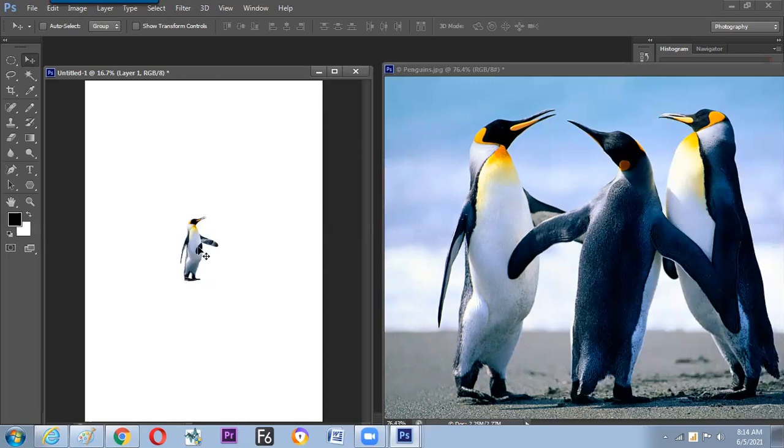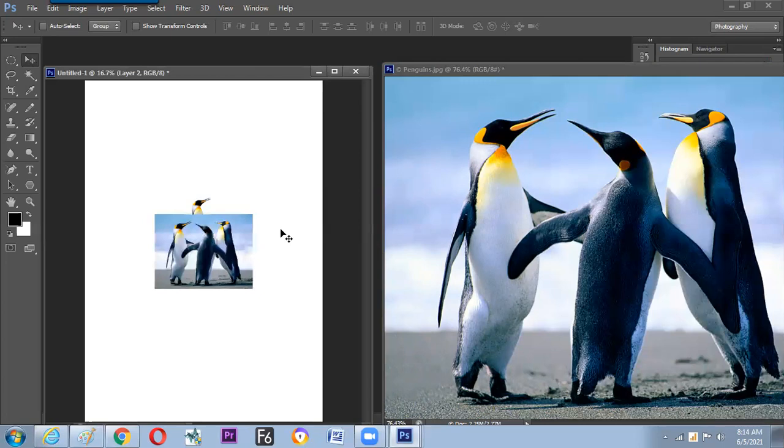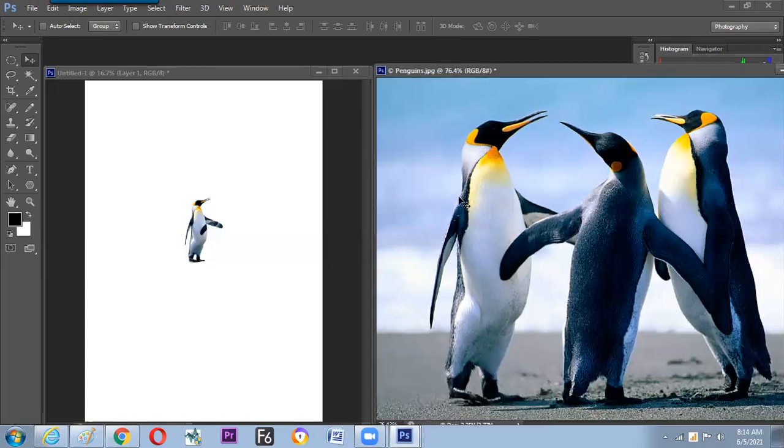Whenever we drag something and place it on the other canvas, what happens? It generates in a free form. But here it is not generated in a free frame. If it is not a selection, then it doesn't allow you to move because it is not free. So what you have understood is that in Photoshop, by default, any image is in a locked position. But if a selection is dragged and dropped inside the other canvas, then we can move it freely. So this particular concept is called the layer concept, and it generates a layer.